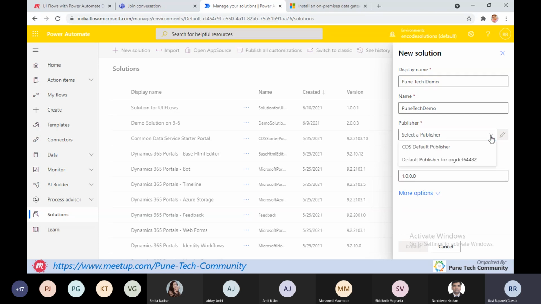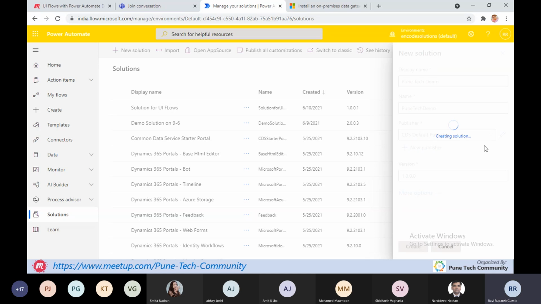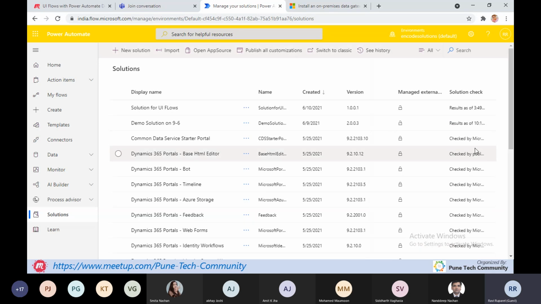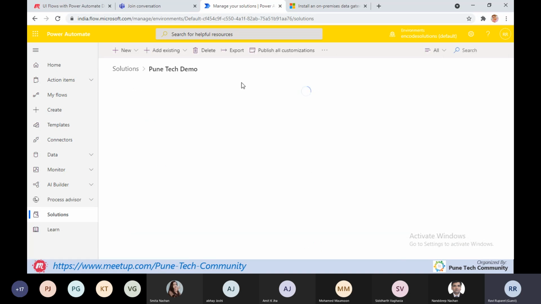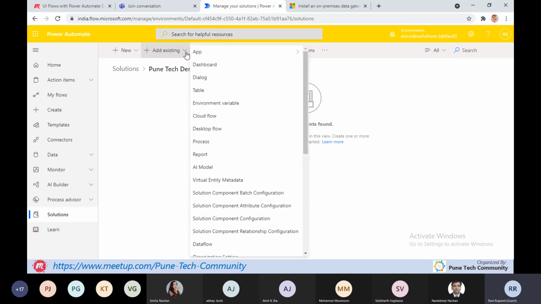We can select the publisher or we can use the existing. Click on create. It has created one solution, Pune Tech demo. Clicking on that particular solution, we can add our existing flows from here.